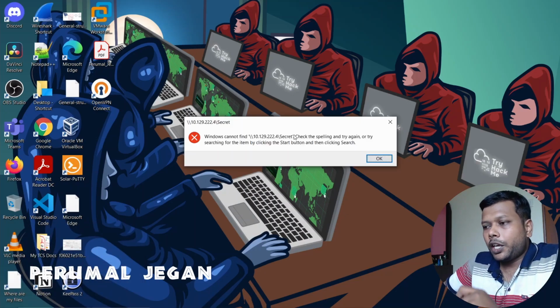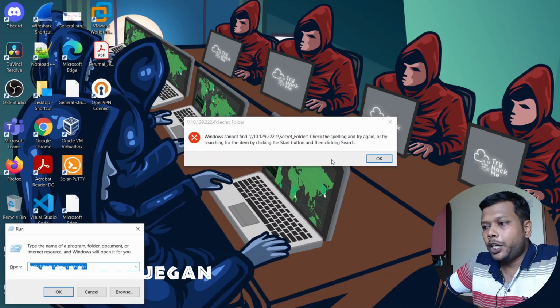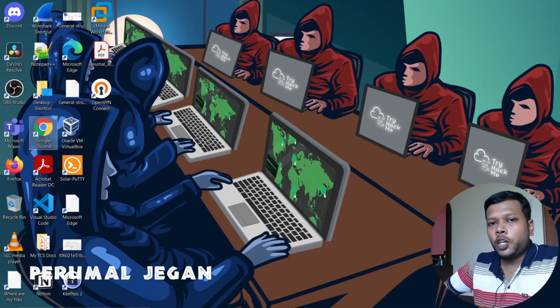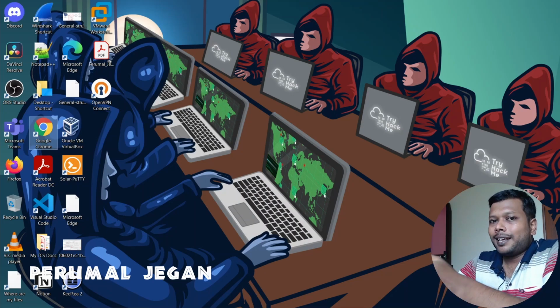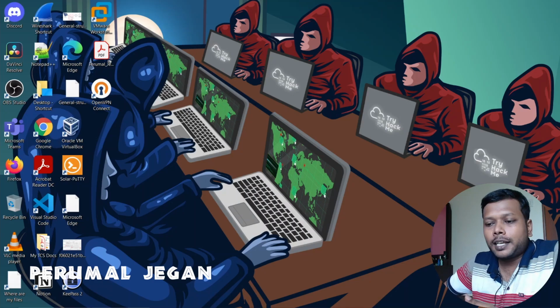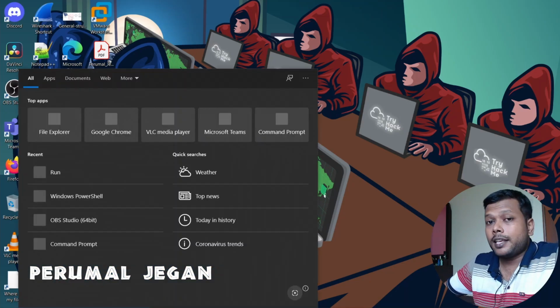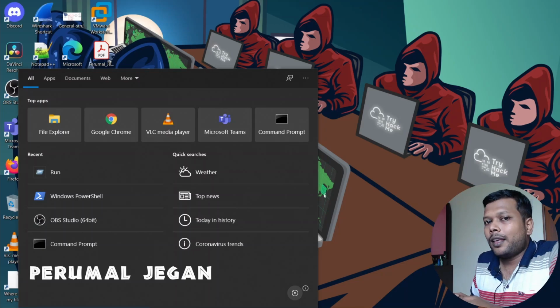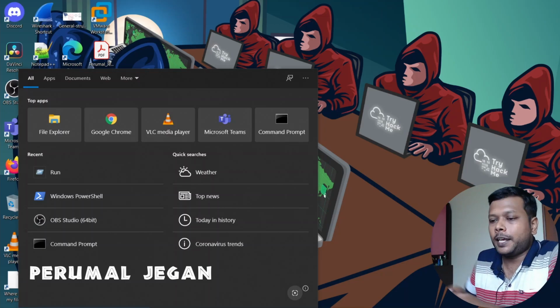I eventually got the error. So we need to check what could be the problem. And in order to check that, let me introduce a utility. I'm going to check whether the connection, the port 445, is listening on the target machine or not. In order to check that, I can either use the telnet utility on the command prompt or another utility in PowerShell. So I'm going to show the PowerShell utility.